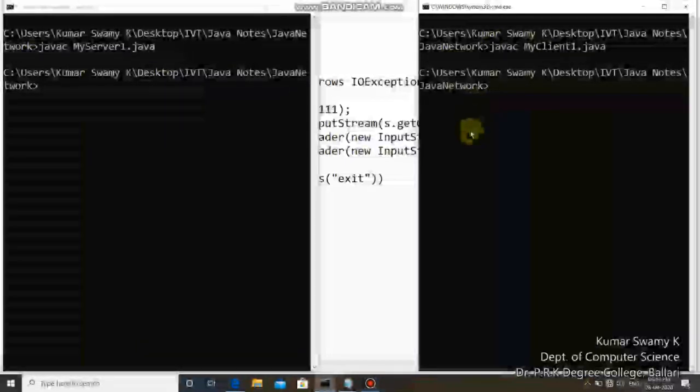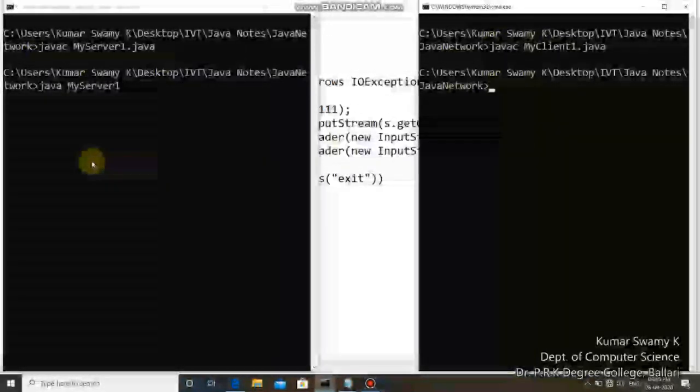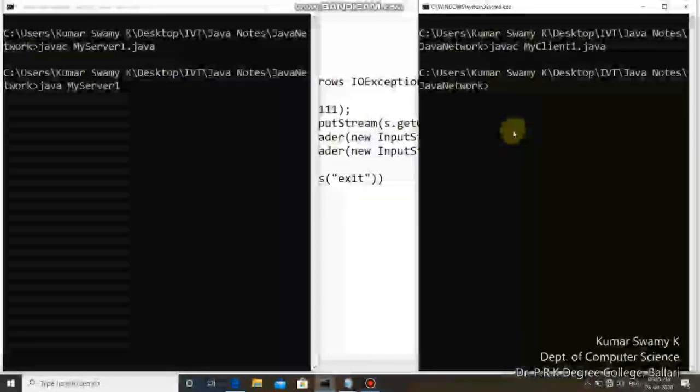Once the client program is compiled, let me run the Java server program. Once the server program is executed successfully, immediately I have to run the client program.